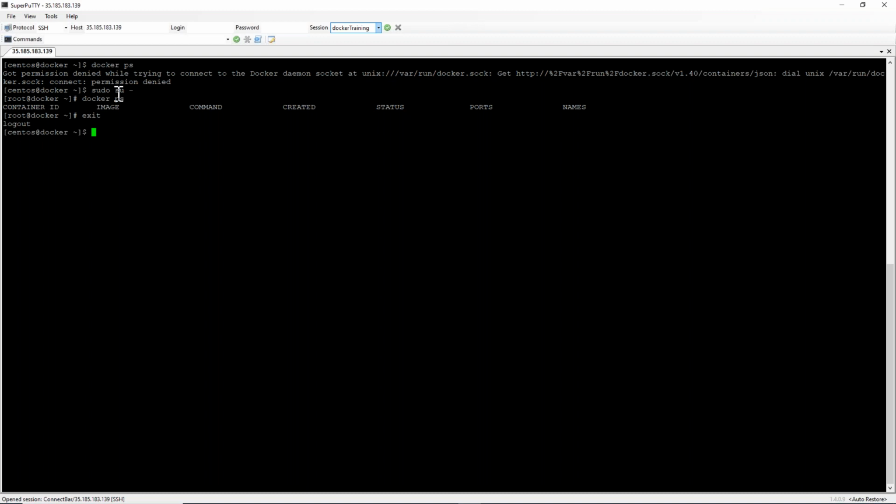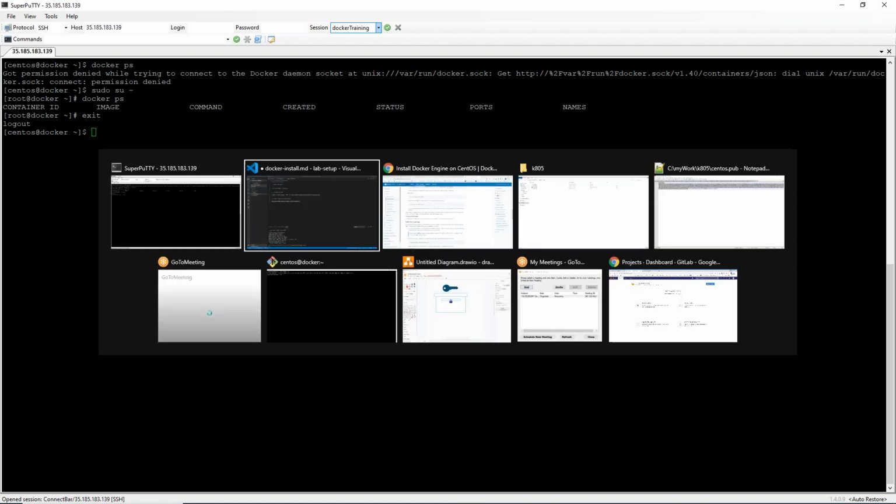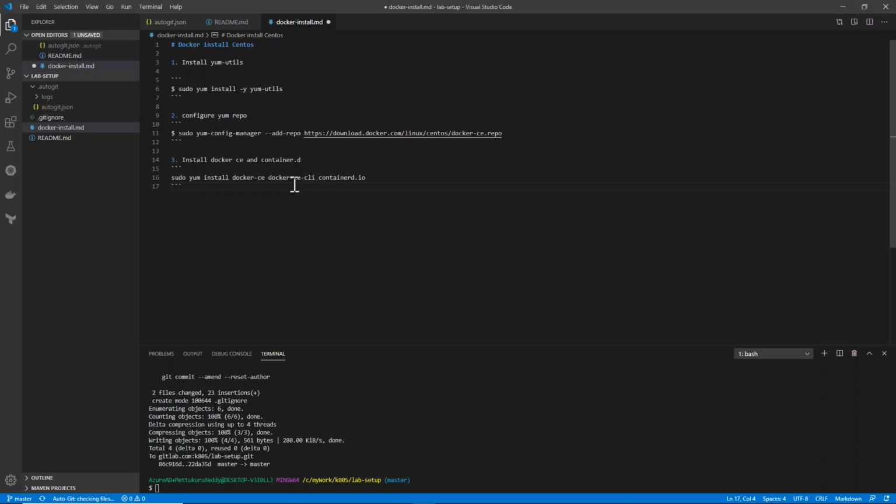One way is you should have root access to access the Docker command. The other way is the docker group that was created. The user should be assigned to that docker group. So what is the command to assign to the docker group? By default, only root users can access the Docker command. That we should know, we will not get root user access.